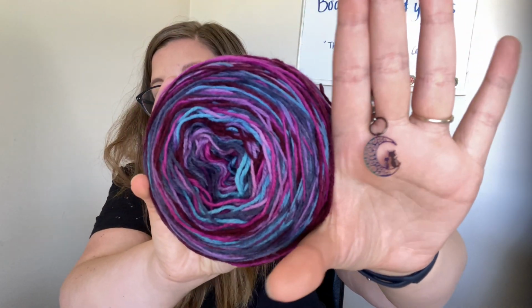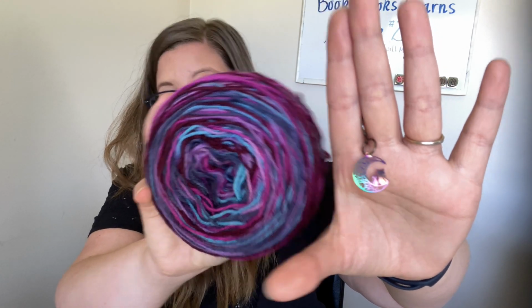I'll see if I can do this so you can see it properly. There we go. It's a little, 2 little kitty cats on the moon. And see how it goes all purple and greeny and stuff? Thought that would be perfect to match up with my yarn. So look at that. All right, so I originally planned on doing it on these